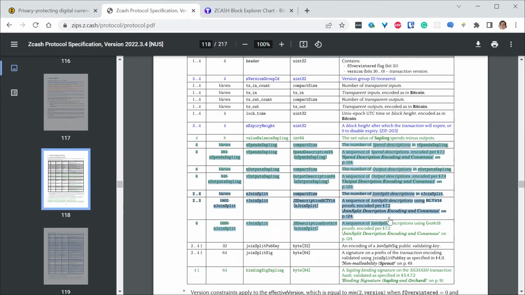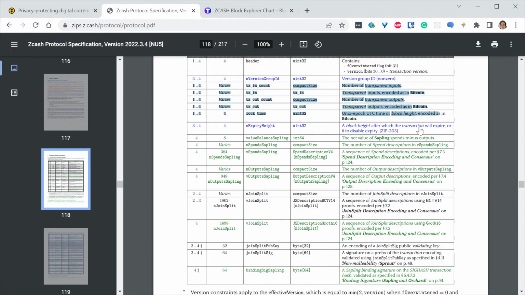The Lite wallet totally ignores the transparent parts. Anything that is transparent will just be discarded by the Lite wallet, because its purpose is to serve shielded transactions, the shielded parts of the transaction. So it is only interested in this part, the sapling